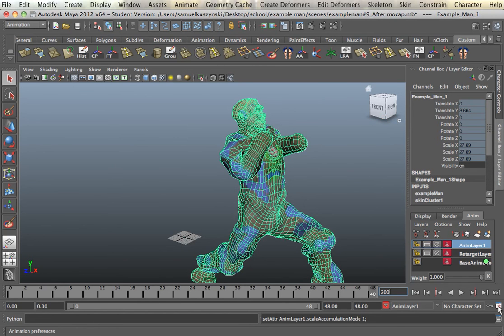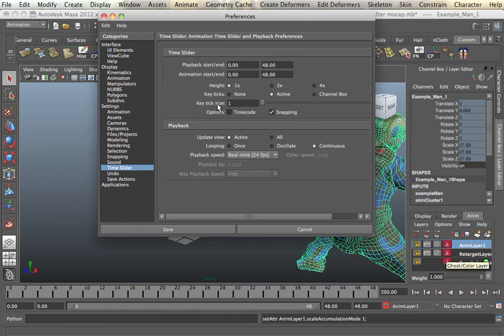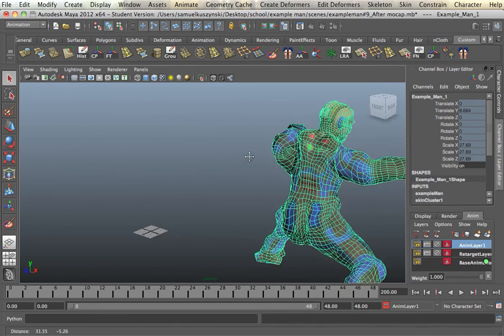We also want to make sure that we go over here, tap this, and turn this to 24 frames per second, or at least make sure that that's what it is. We can change our tick size, which is the tick that comes over here, because we're going to be using some keyframes, and adjust that. We'll hit save. We'll go into